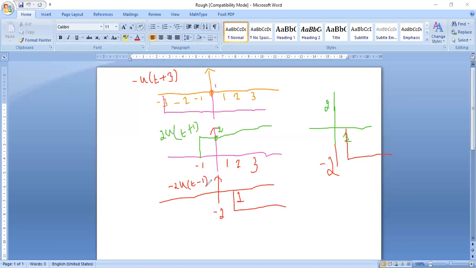Now, what is the third step? The third step is u of t minus 3. Can I draw u of t minus 3 directly? Because that is very easy. So I will draw u of t minus 3. Minus 3 means I have to take it at plus 3. I will take a different color now. So this is the diagram now.